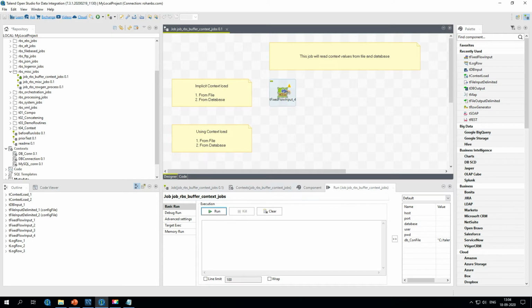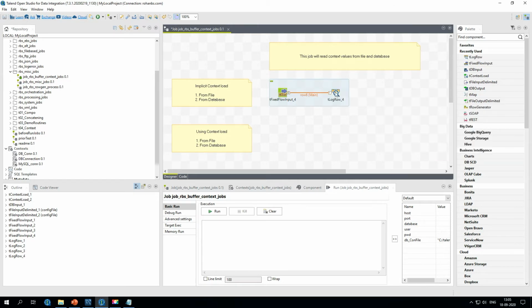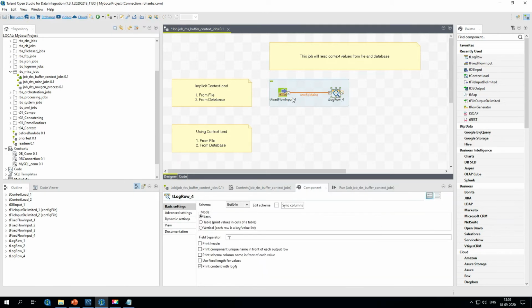So now that we have read those values, we have to print them on the console. For that, all you can do is just left click on your mouse, drag it somewhere, and type in tLogRow. This is the component where you can print any incoming values to the console.